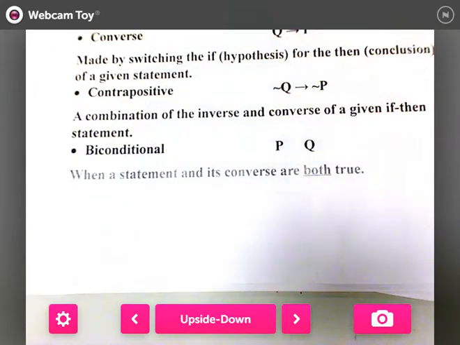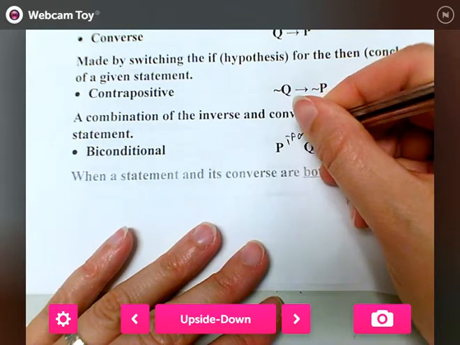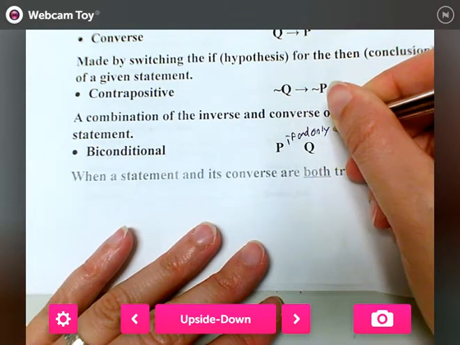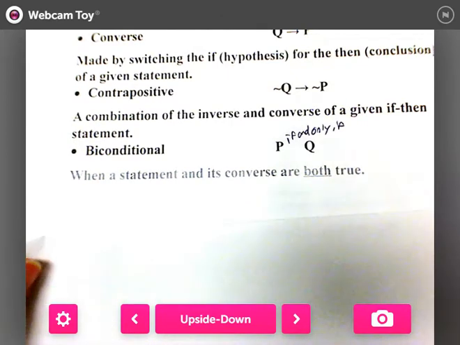Biconditional. When a statement and its converse are both true, we say P if and only if Q. So let's talk about if our statements are true. Our initial statement: if I take notes, then I will understand what's going on. Your converse is: if I know what's going on, then I took notes. I don't think either of those are necessarily true every time, but let's say they're true this time, and we'll